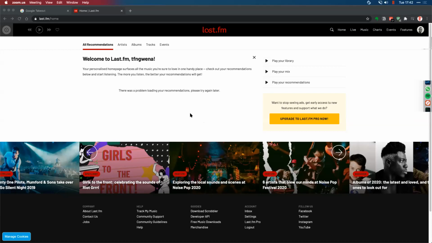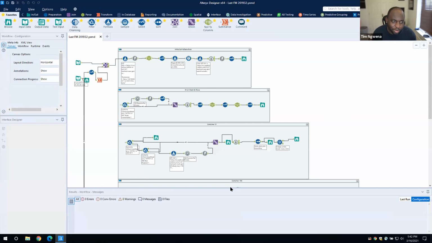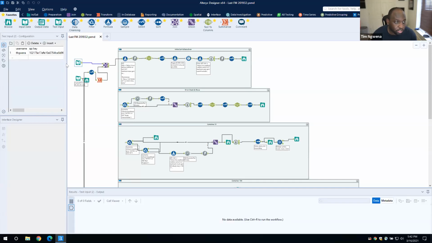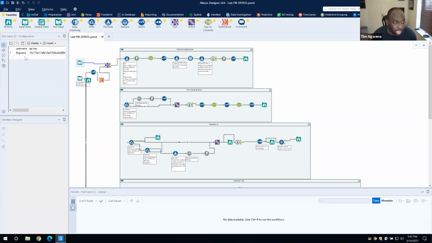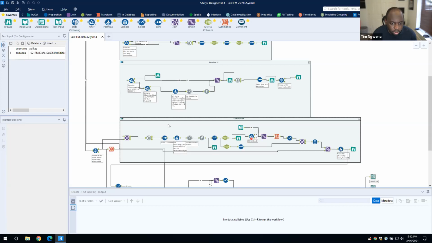Perfect, great. So if I just go over to this window here, this is actually Alteryx, and I know it went really complex really quickly there. But if I just summarize what this workflow does, it's just going off to the Last.fm API, and it's doing nothing more than just using my API key, which I won't show in full, otherwise you might steal my key and do stuff with it. But also it's just going to the information that Last.fm has about me, and it's querying some information about what I've listened to recently. I ran this last night, so I've got a data set that's pretty much ready to go. I'm not going to run it now because it takes quite a while to get the data